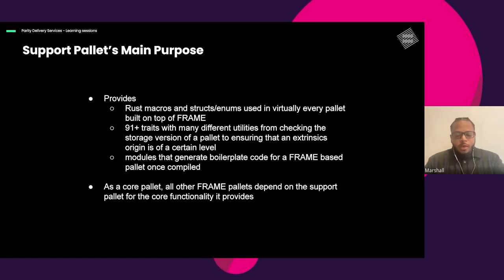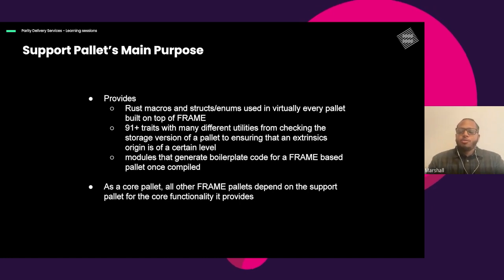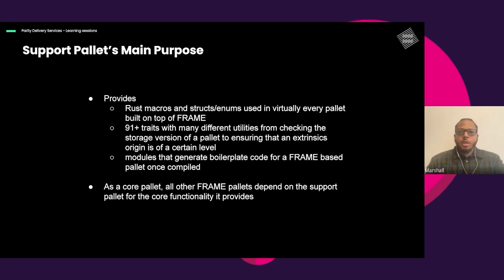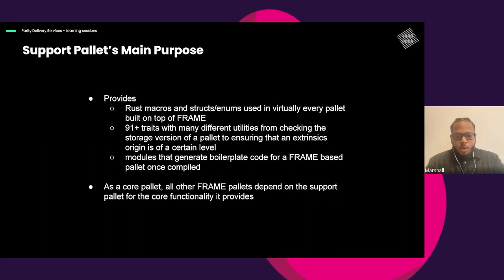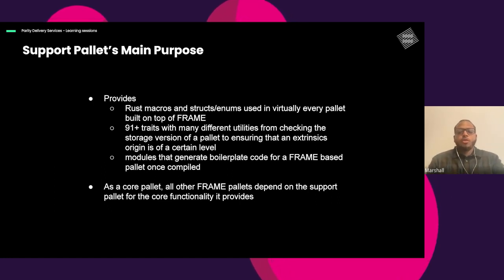So the support palette provides a number of macros, structs, enums, and other things that are used in almost every Frame palette or Frame-based palette. That could be just types like const, unsigned integers of different bits or bytes. It could be different traits, all kinds of different things that are provided by this palette. It also provides over 91 traits with many different utilities, from checking the storage version of